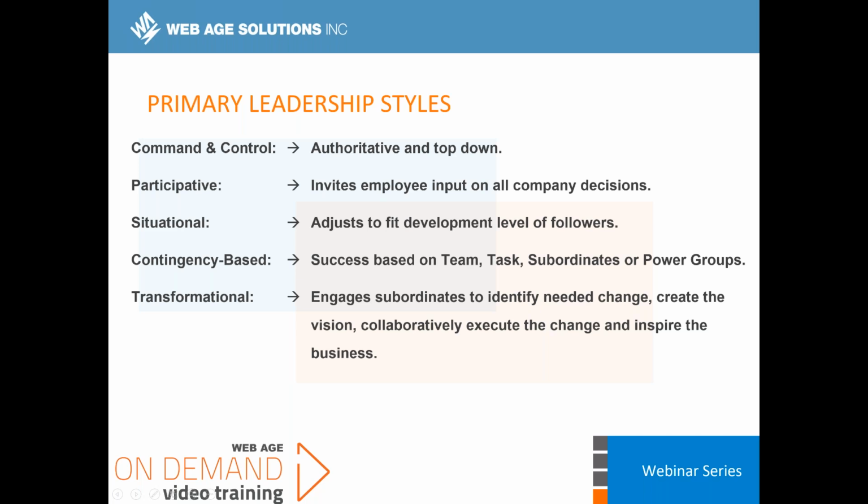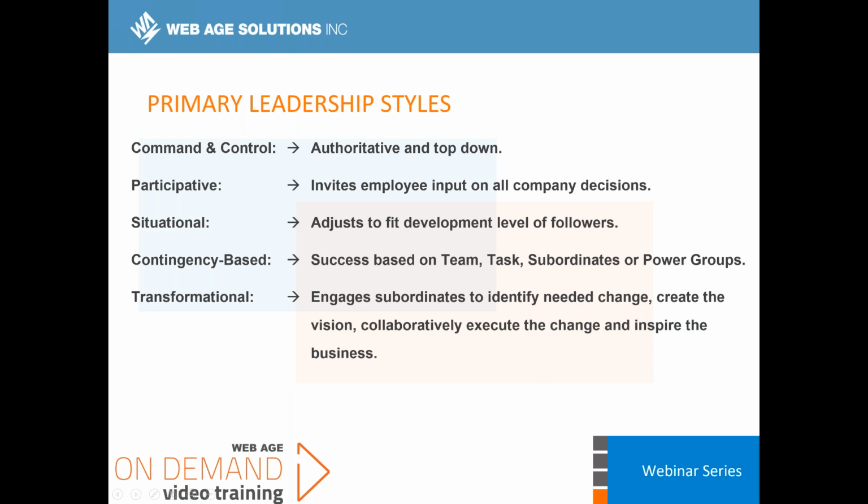Then we have participative, which invites employees from all parts of the company to weigh in on decisions. The downside of having everybody weigh in on all decisions is that things move a bit more slowly than you may want them to. And we all know that in this day and age, command and control doesn't work as well as it did